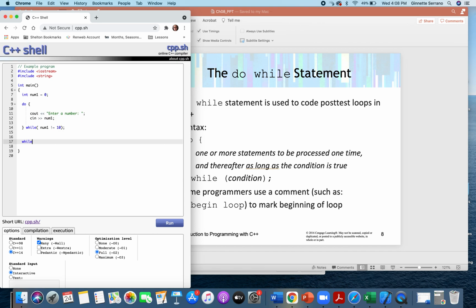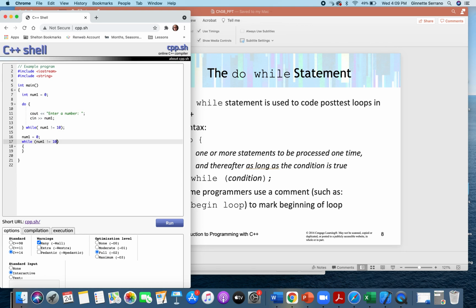While, first of all, I'm going to set num1 equal to 0 again. So while num1 is not equal to 10,